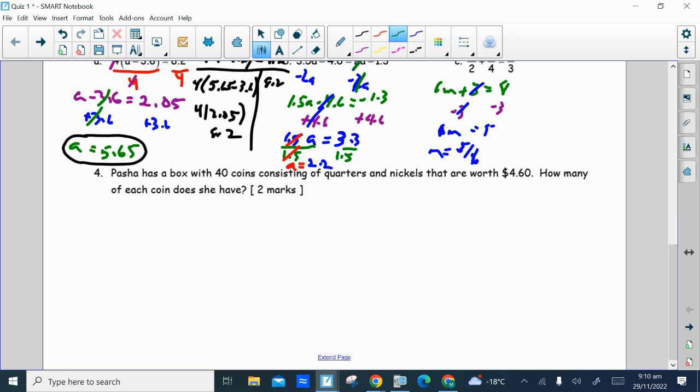Question 4. Pasha has a box with 40 coins consisting of quarters and nickels that are worth $4.60. How many of each coin does she have? So again, we need to come up with an expression for both types of coin, quarters and nickels, but only involving one variable. So if we let Q equal number of quarters,